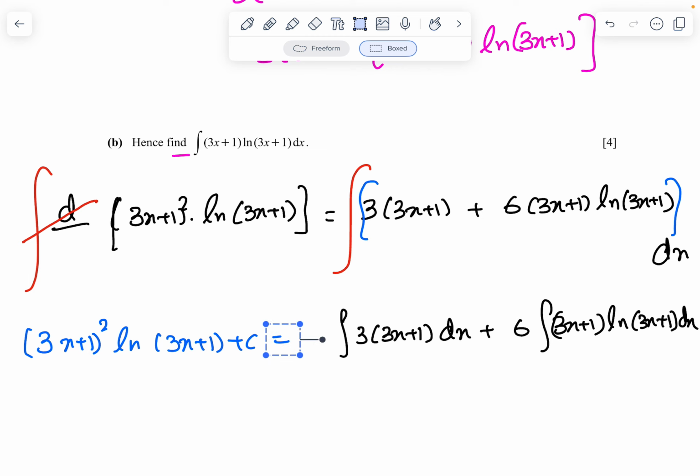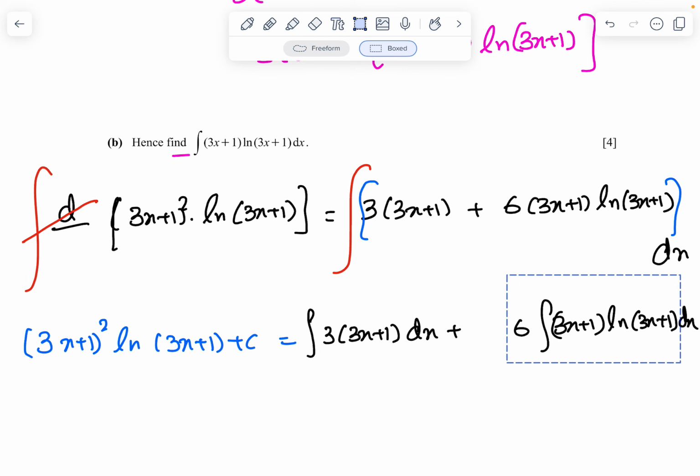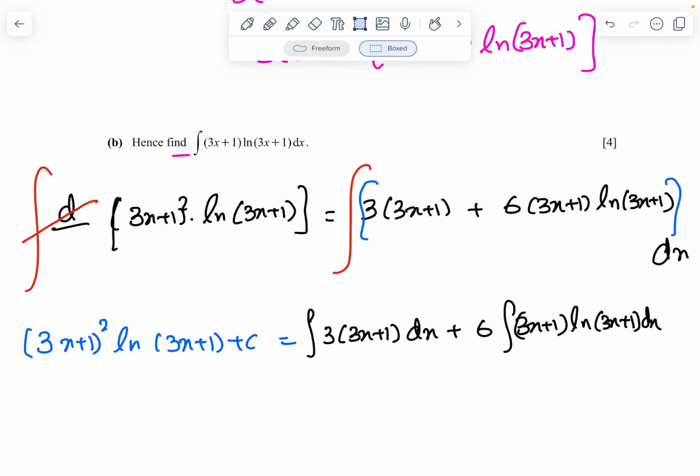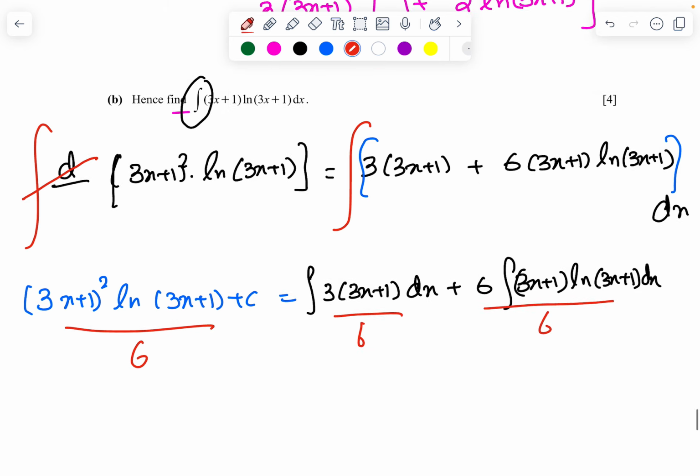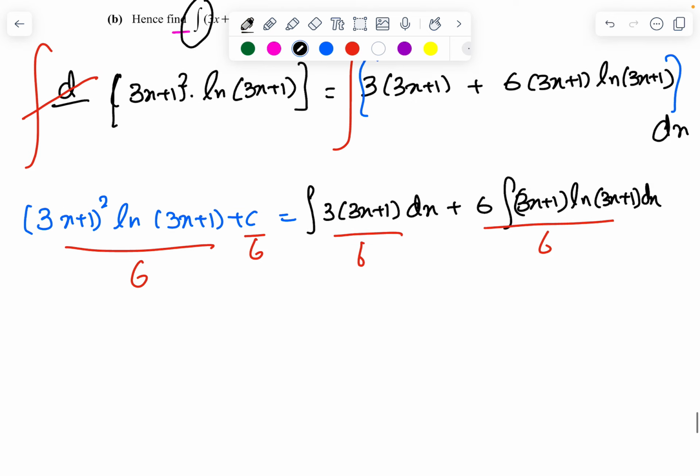Now, you can see that I don't require a 6 over there, so divide by 6 on both sides. c/6 is also another constant, c itself only. So it becomes 1/6 times (3x plus 1) whole squared ln(3x plus 1) plus c equals